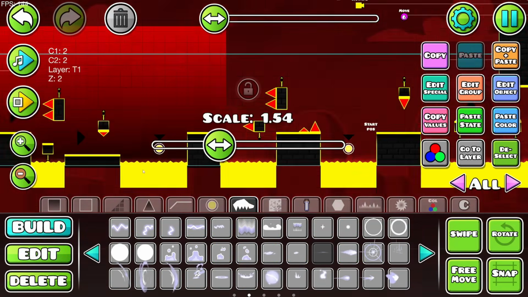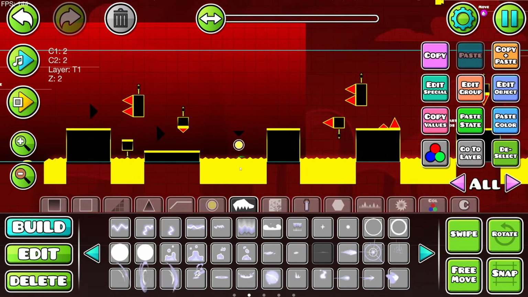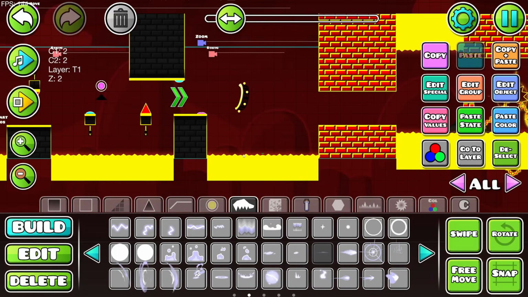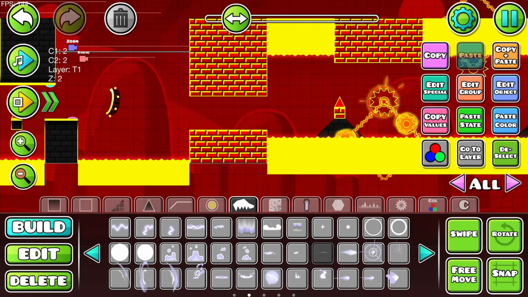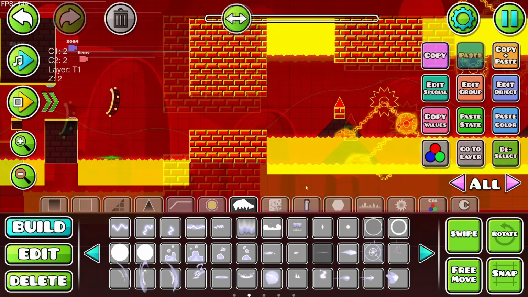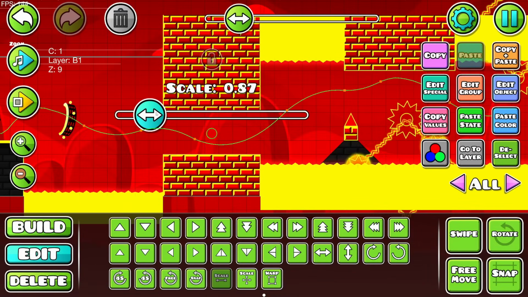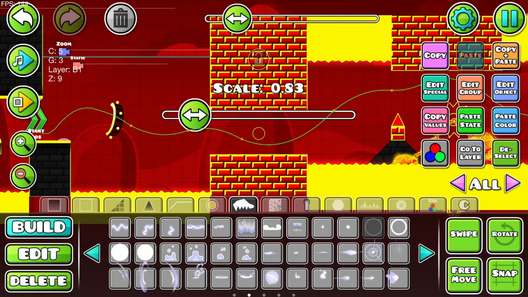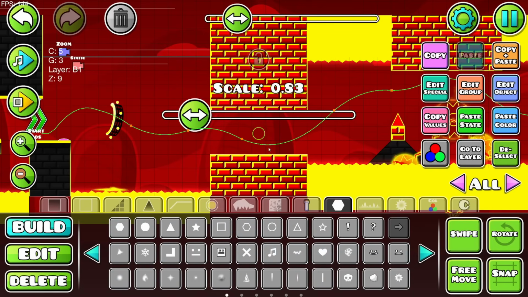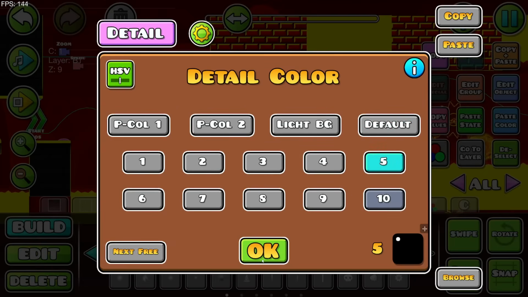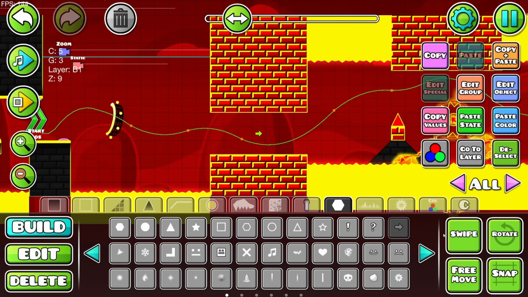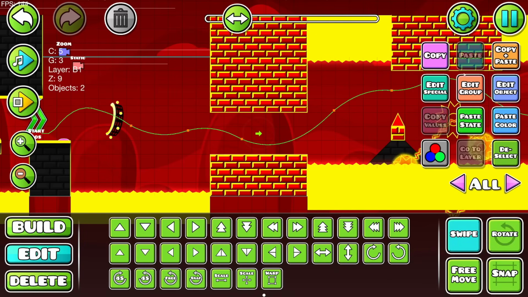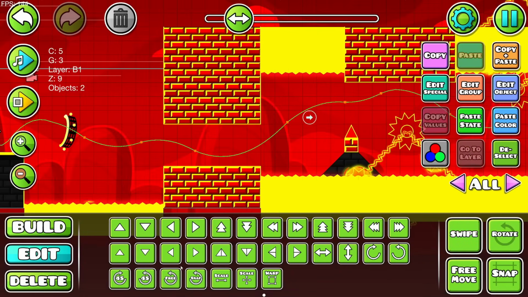You've got to remember, Rob adds a lot of his details for a reason, so you can't just place details willy-nilly, unless you can, and huge if you can, because I think I just did. I'm just going to add a couple of extra details using the black blending method that we did earlier, and that group number 3 that we put on the area tint, along with some different types of decoration. I'm going to put more arrows, but a different style, just to switch it up a little bit. And I'm going to put these little arrows with this pulsing circle into the level a little bit,